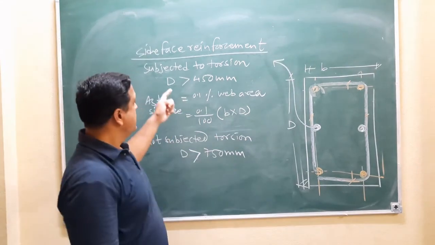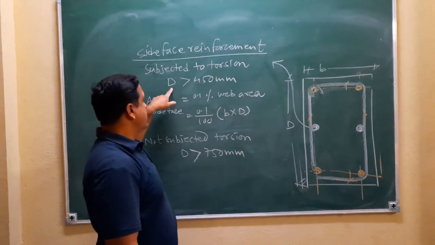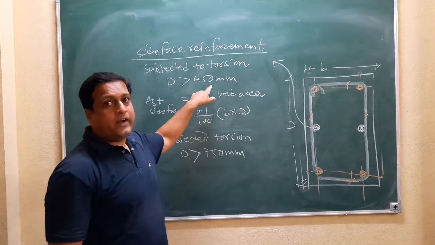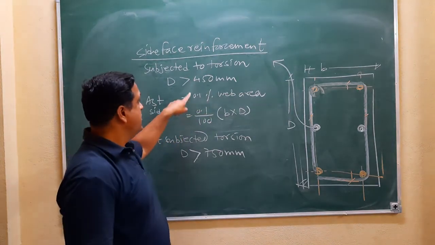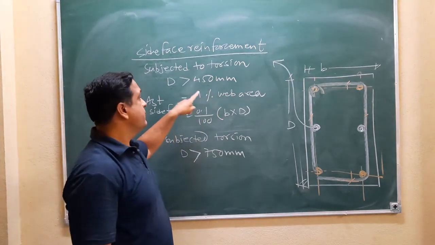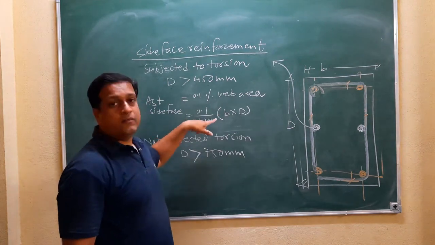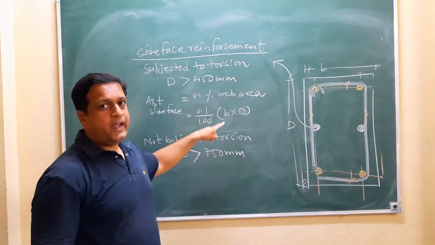That means if the beam is subjected to torsion and overall depth is more than 450 mm, provide the side face reinforcement, 0.1% web area. And when beam is